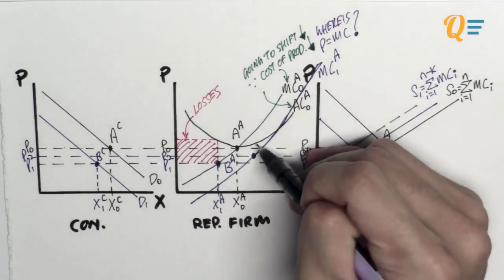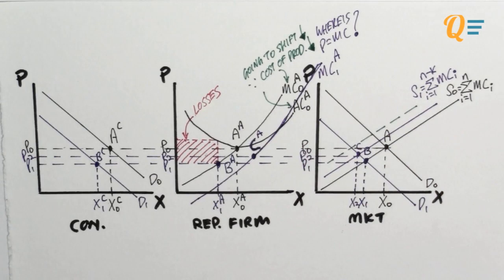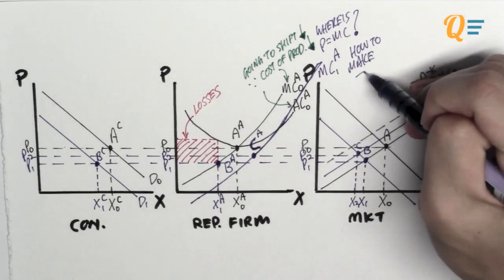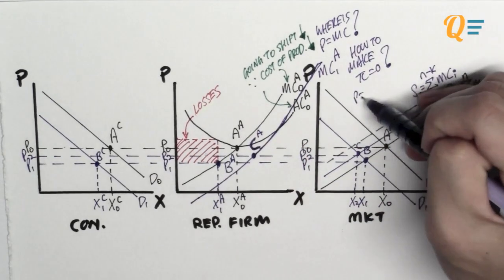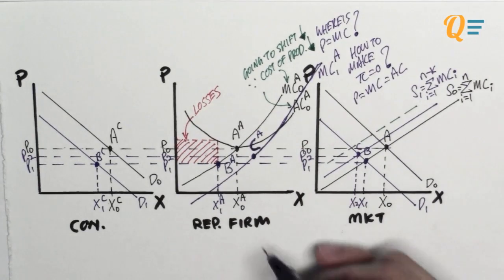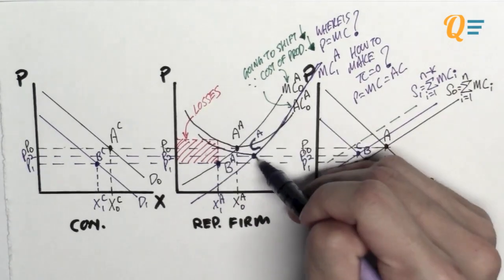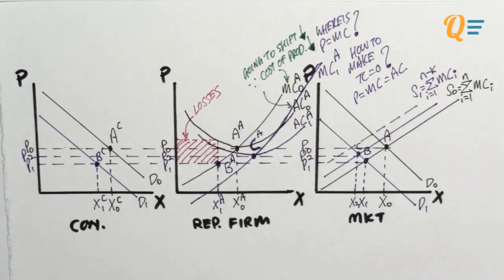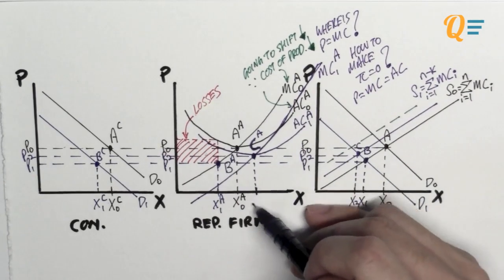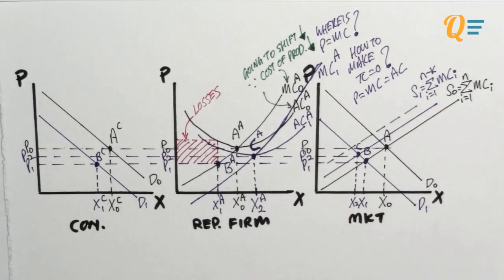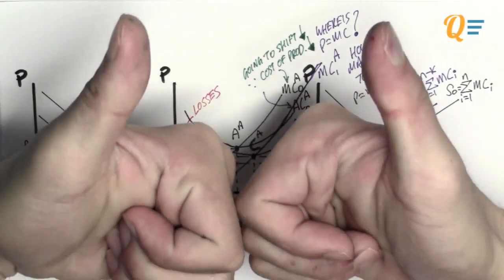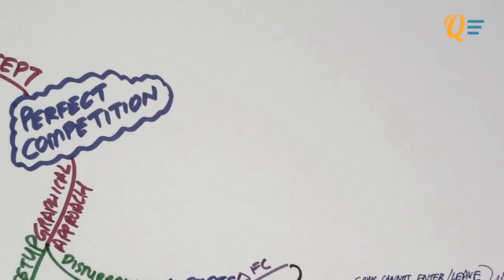Well, there it is, right? So this is going to be my final equilibrium point. And the next question is, how do I make the firm make zero profits? Very simple. Just make sure that P equals MC equals average cost. So point C is also where the minimum average cost is. And there you have it. By producing X2A, the representative firm is making zero profits. So that's how easy, right? That was the final equilibrium itself.